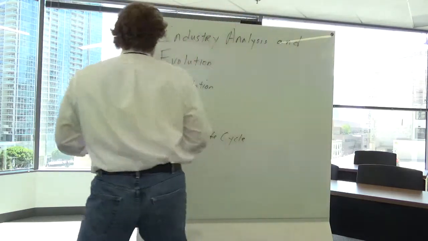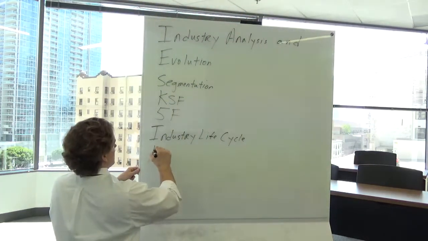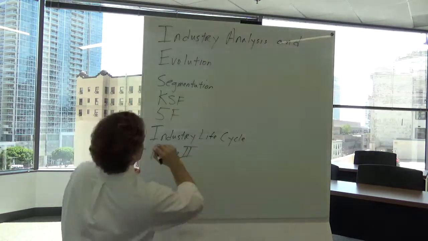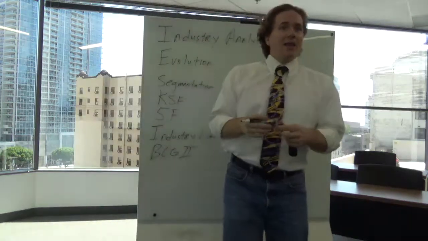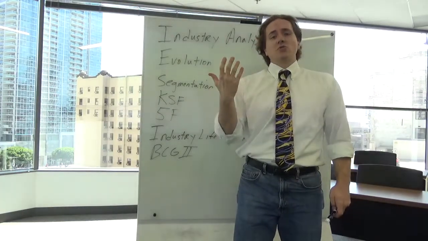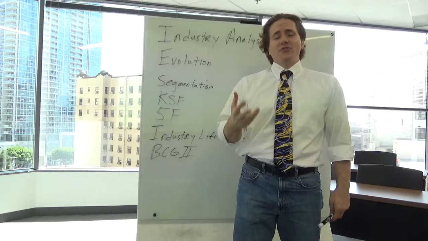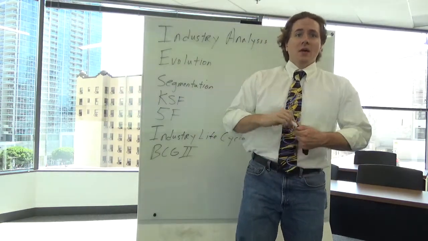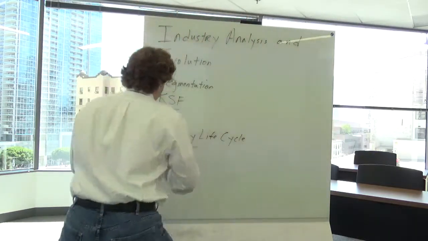We'll also look at the BCG Matrix too. That's the Boston Consulting Group Matrix. And that helps you understand strategic environments, because certain industry structures have different attractiveness, different rules of the game, different key success factors. Then we'll look at scenario building, one of my personal favorites.